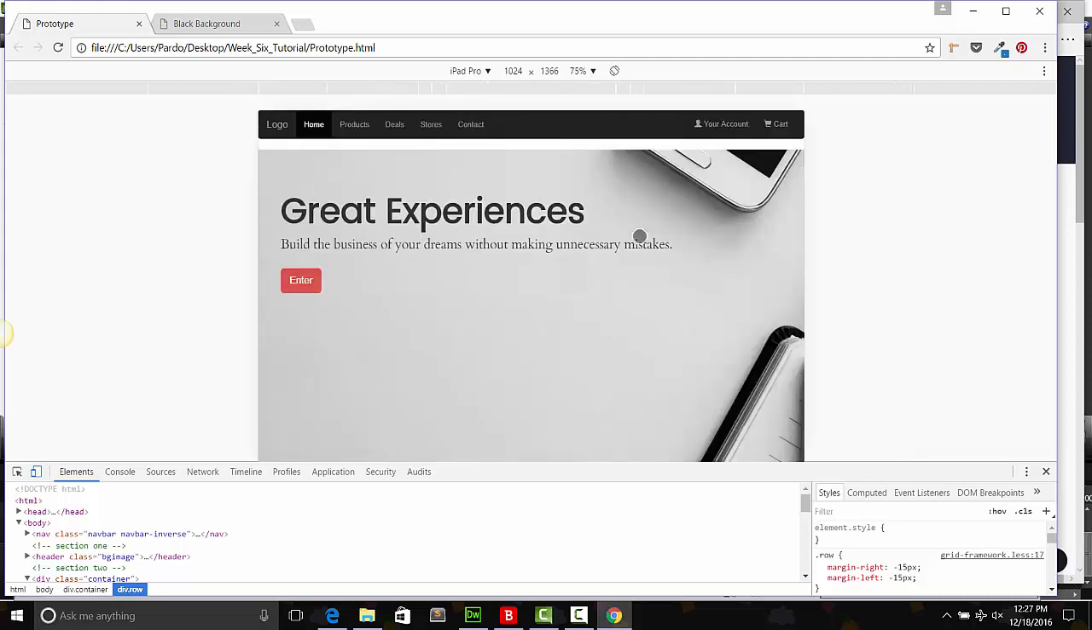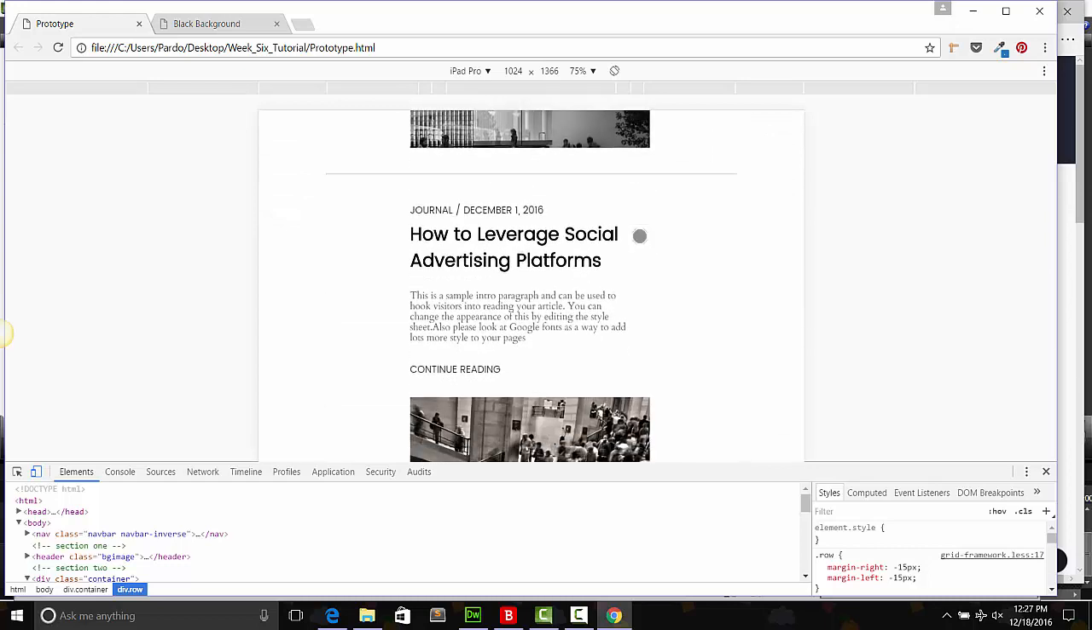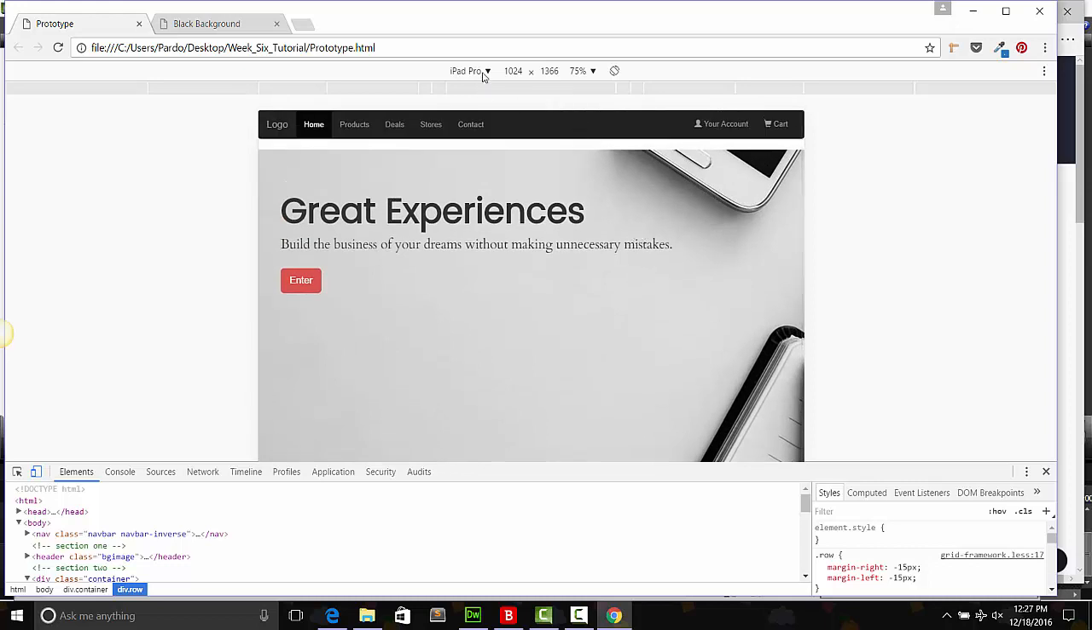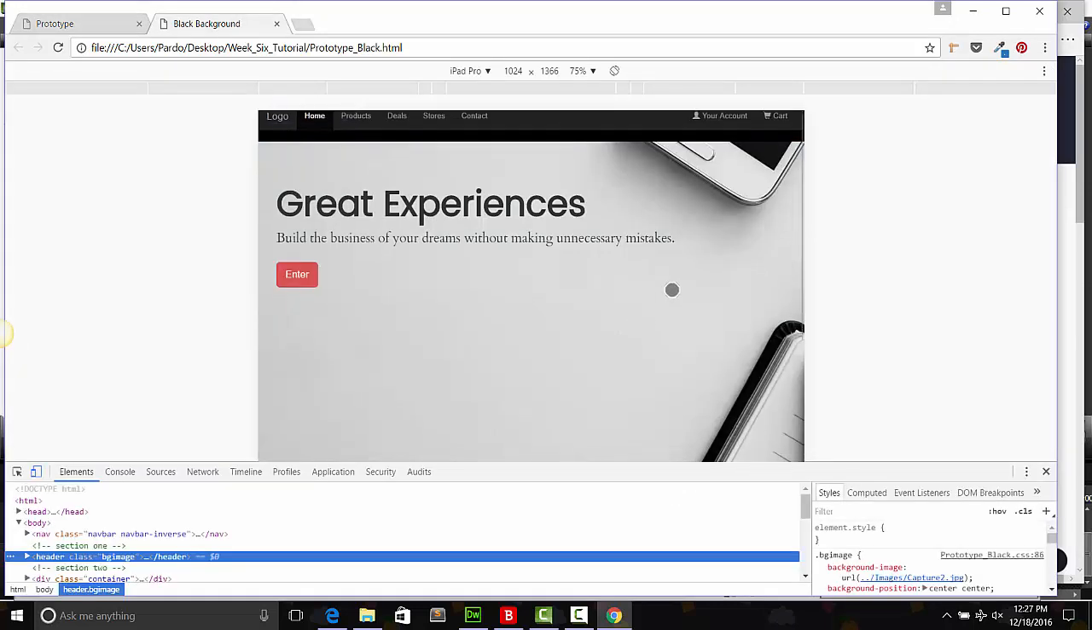Maybe take it up a little bit bigger. So it's a really nice way to evaluate the design process to see how our work actually looks on these devices themselves. Try that with this. So again, just right click, click inspect, and